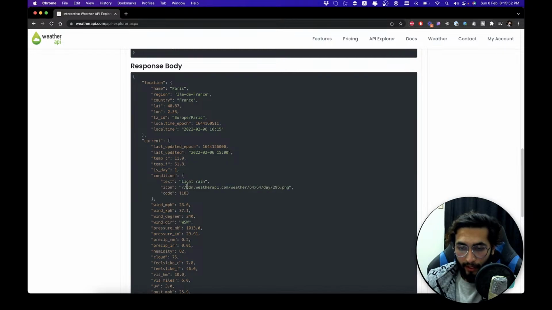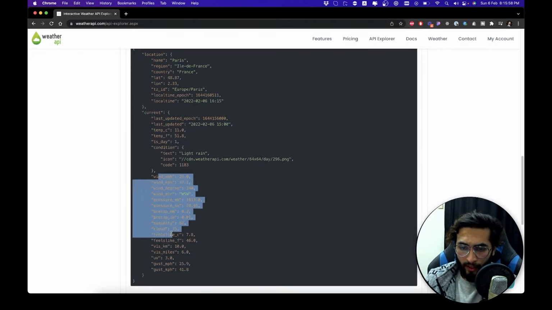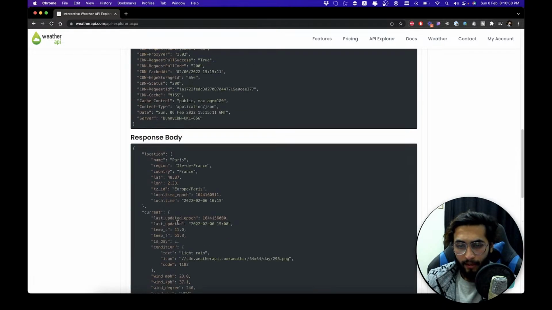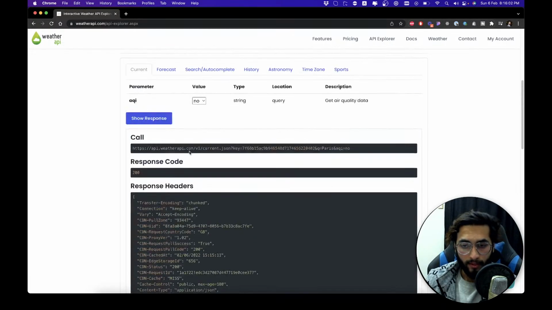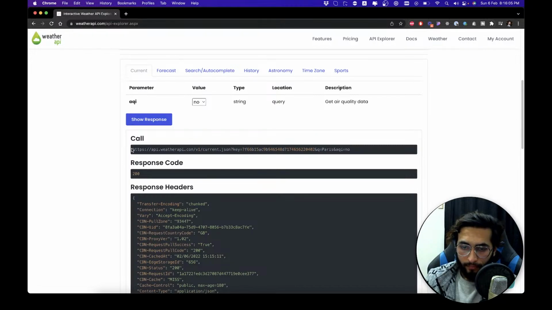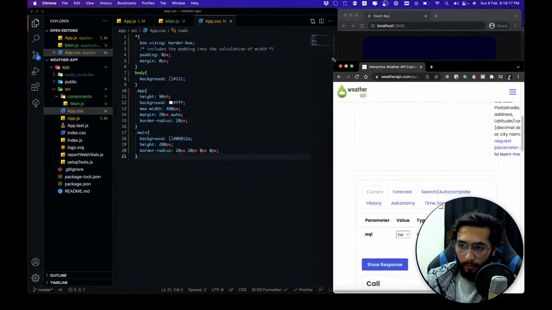With the light rain icon code. We don't need this code, we just need text and icon. And we have all of the other information if we want to display that or not. That depends on us. So we have to simply make the call. So let's just copy this endpoint over here with the key. Okay. Put that